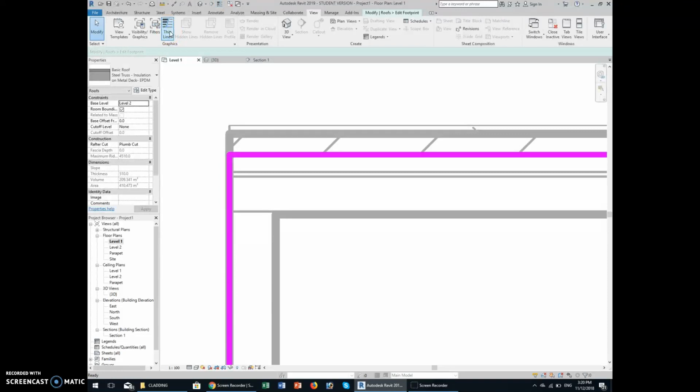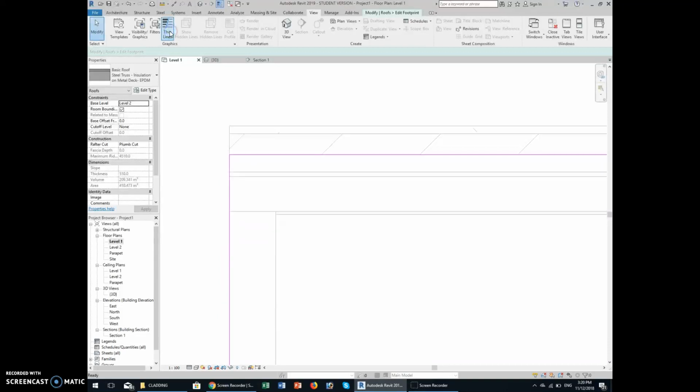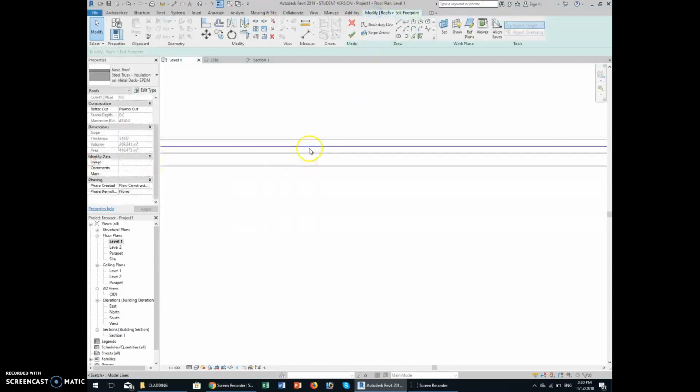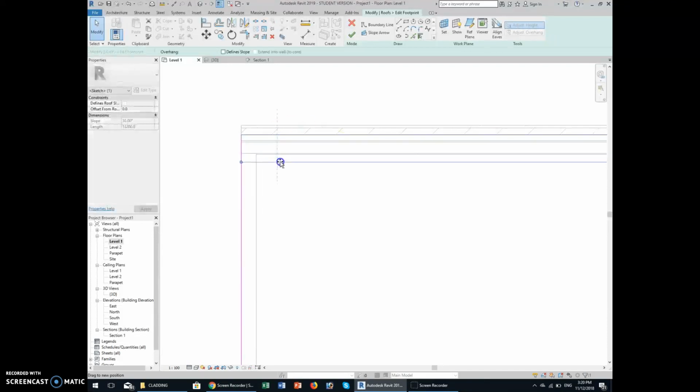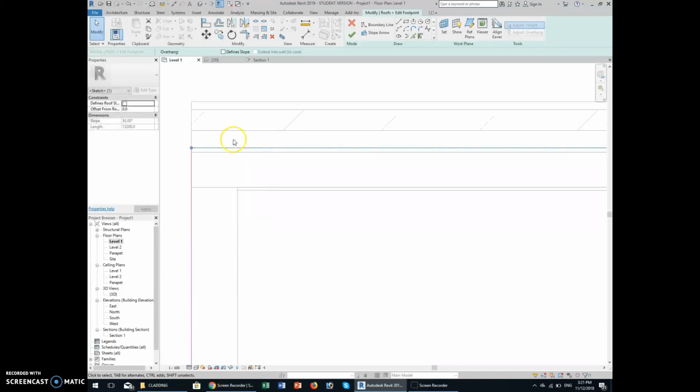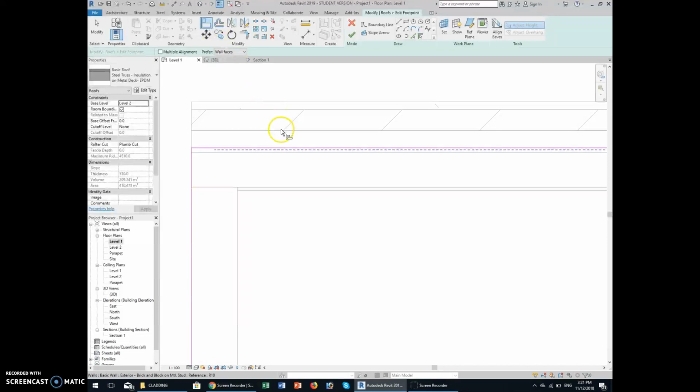If not, every line will be the same thickness and you won't see what is in section and what is not. Okay, so to work in thin lines, what we are doing now is modifying our slab until the place where it's going to stop. Each one of your projects will be different. You can do it manually, or you can do it with this command, align, AL. You press align, you go over the line that you want, you press tab until you select it, then click the left button of your mouse